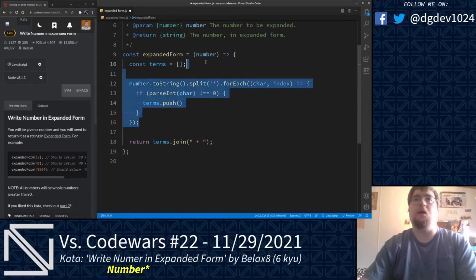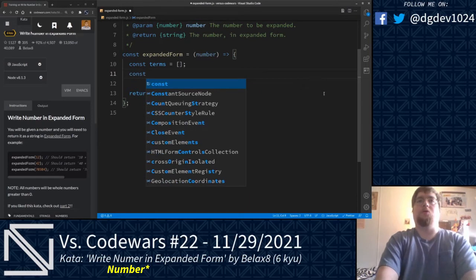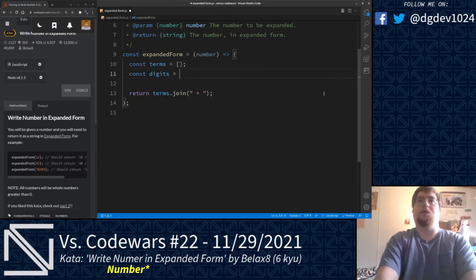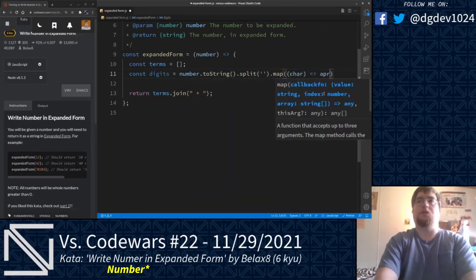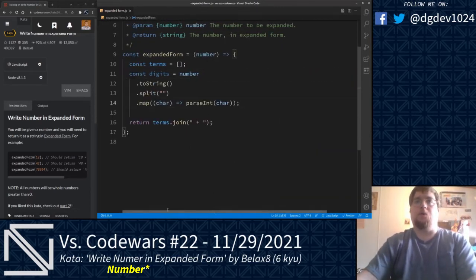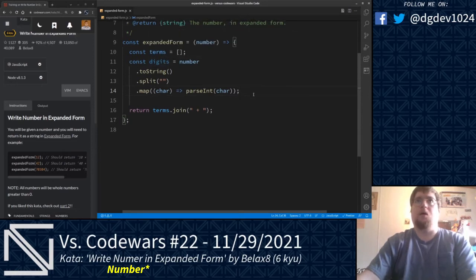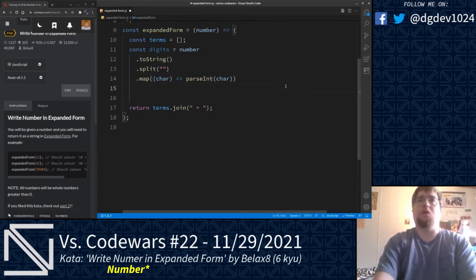Alright, I have another idea here. We'll go ahead and convert the number into a string and split it into its individual characters here. const digits equals number.toString().split('').map(char => parseInt(char)). Yeah, so we'll convert the number into a string, split it into its characters, and then convert those individual characters into integers, storing that in our digits array here. Then what? Alright, I have another idea here. What I think we'll go ahead and try doing here is